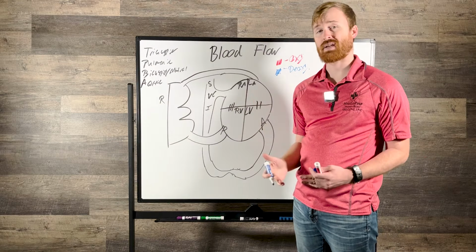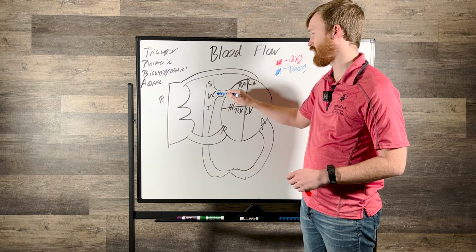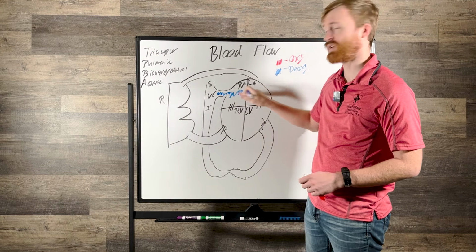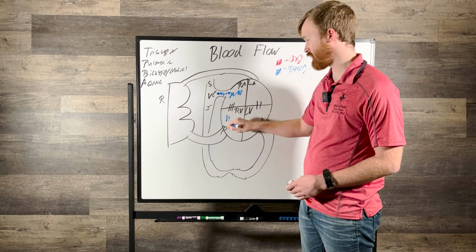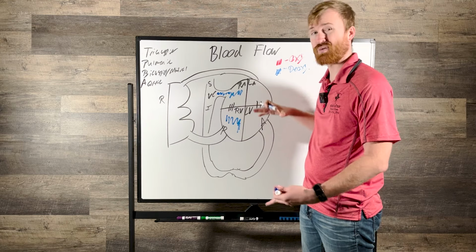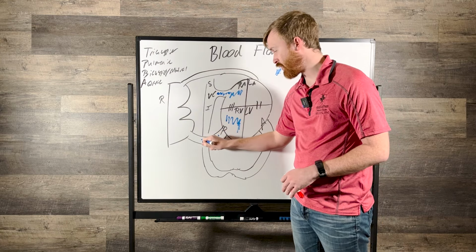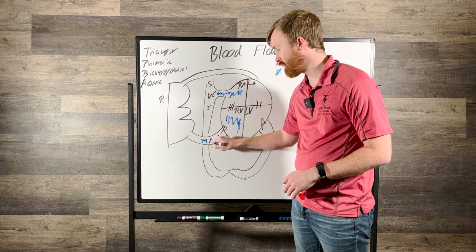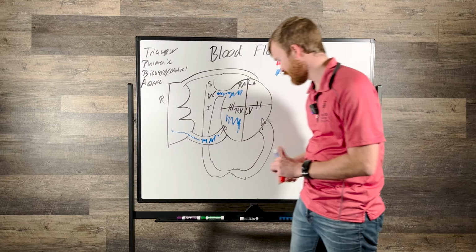So, start off with my vena cava. I know that it is a vein, and I know that it returns blood from the rest of the body, so that means my vena cava is returning deoxygenated blood to my right atrium. My right atrium then squeezes it through my tricuspid valve to get into my right ventricle, where my right ventricle then squeezes it through my pulmonic valve into my pulmonary artery